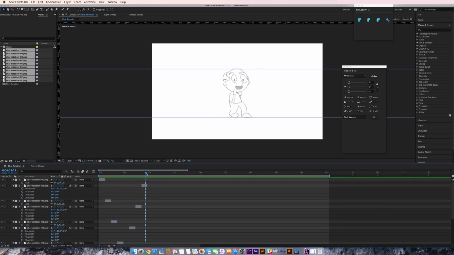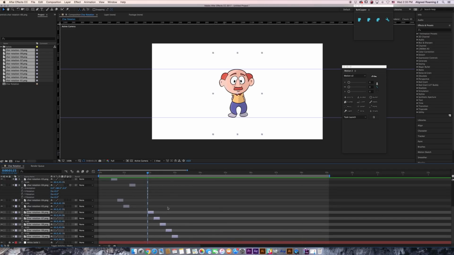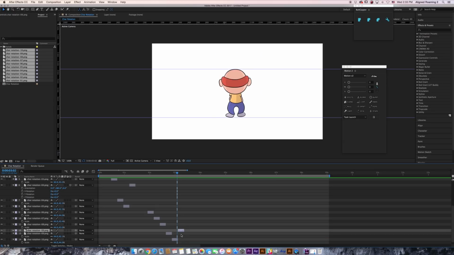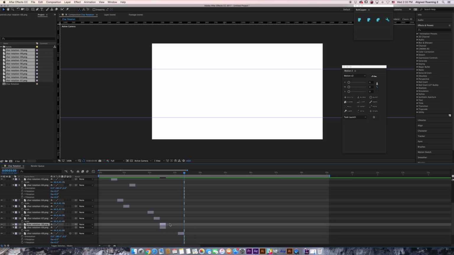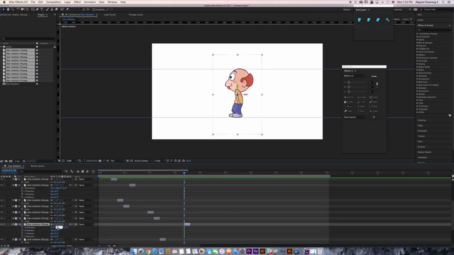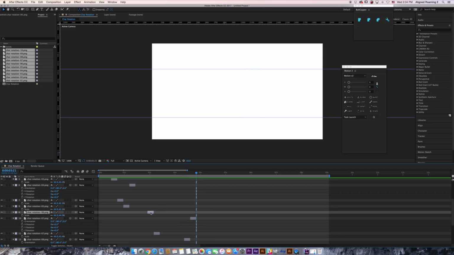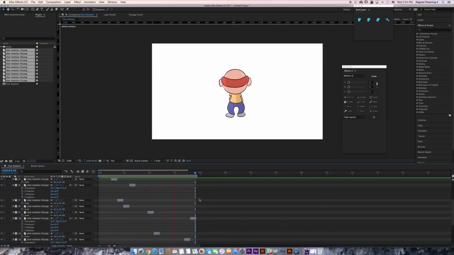Now place the colored illustrations after this layer and repeat the same process. So now we have the complete rotation of both the sketch and the colored illustration of this guy.